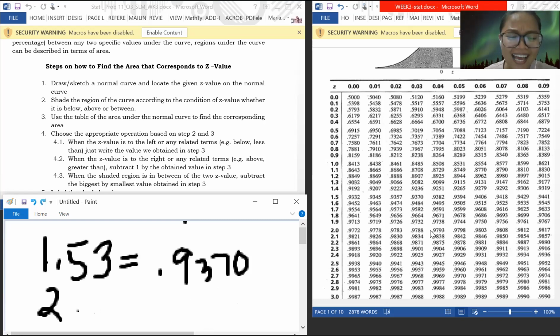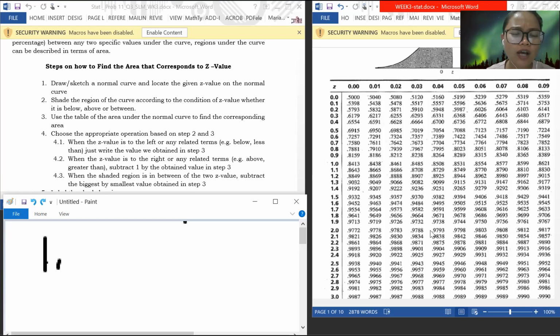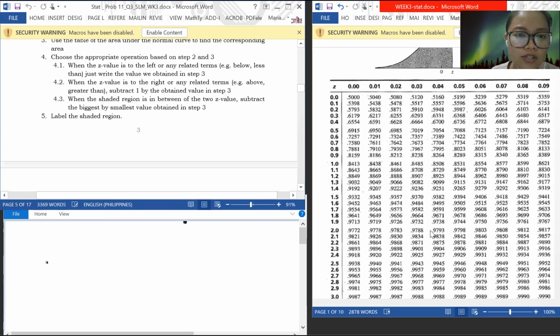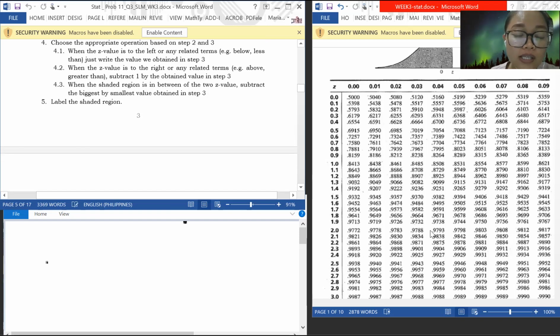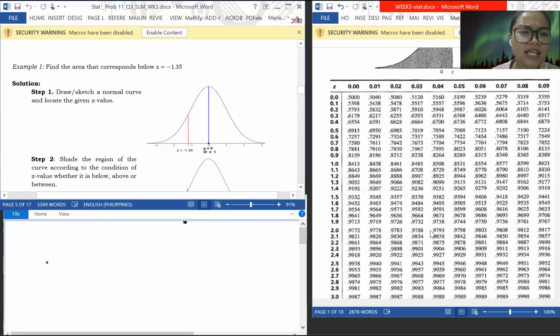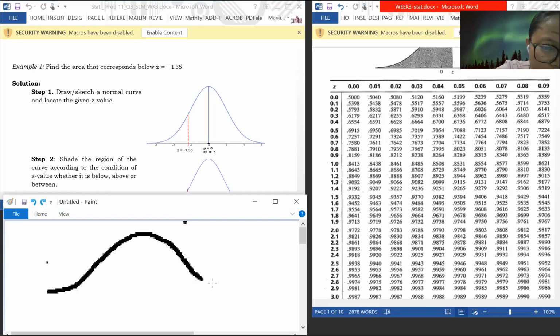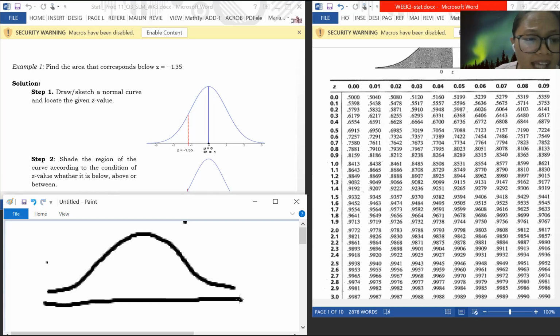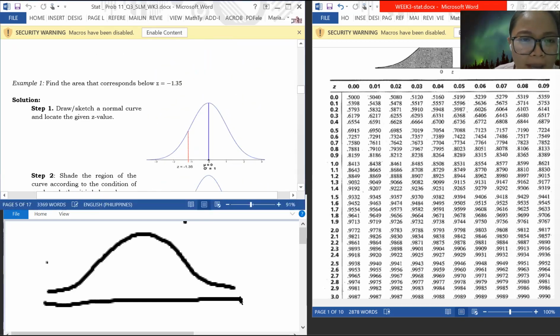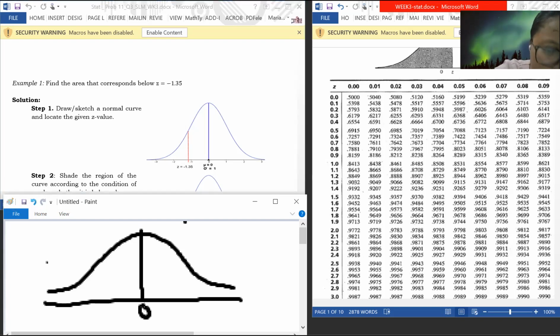So let's now explore the steps on how to find the area that corresponds to the z value. I'll go immediately to the example because it shows all those important steps. For example, find the area that corresponds below negative 1.35. What is done is, first, draw your normal curve like this one, and then shade the region. The given here is below. First locate the middle: do not forget that this is 0. And since it's negative 1.35,